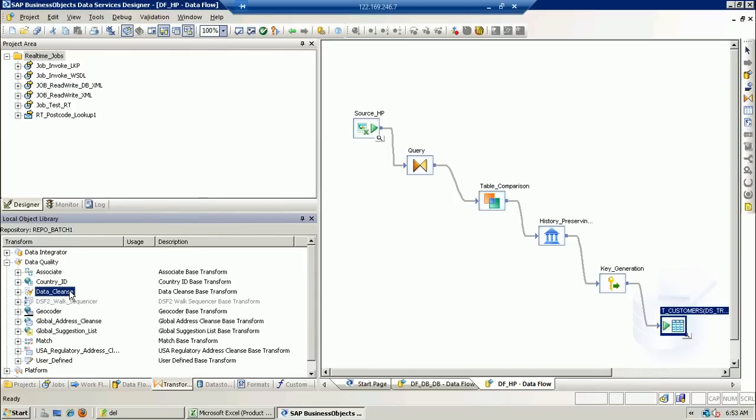What do we do in the cleansing? For example, we have a table where column 1, which is employee ID, is marked as a primary key, and it has some null values. The cleansing will tell us that a primary key column has null values, which is not correct. So we can delete all those records and cleanse the data